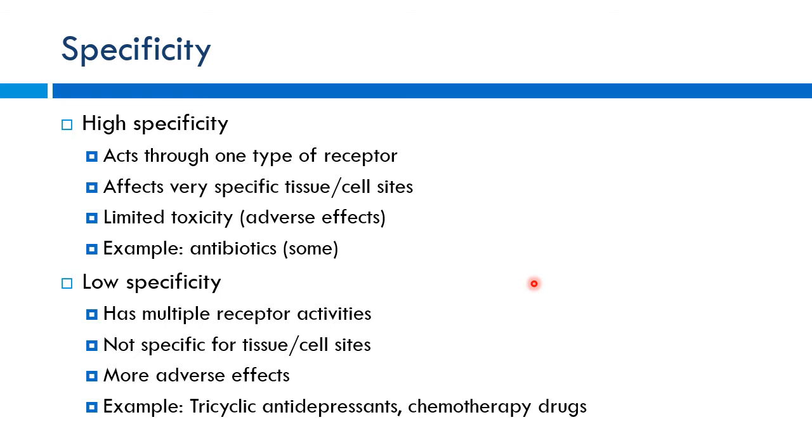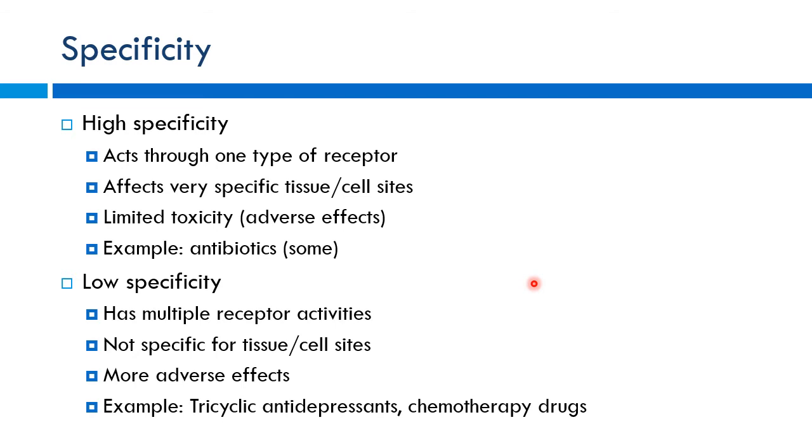Because when I give a drug to kill off bacteria, do I want to kill off you as well? Usually no. Usually I do not want to do that. So typically I want something that's very specific. So for instance, if I can target the bacterial ribosomes, which are different than our ribosomes, that's one specific target. It's going to lead to fewer side effects for me, right? Or if I were to give you something that affects the bacterial cell wall, which is structurally different than human cell walls, that's going to be good, right? There's always going to be some bleed over. You're going to see that these drugs are not without side effects, but they tend to be more specific for